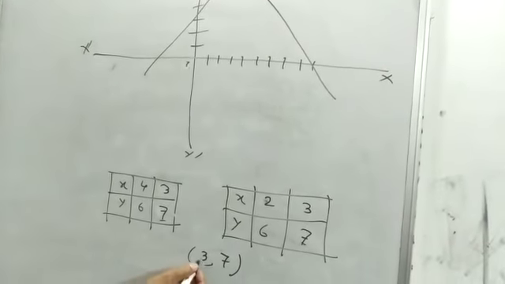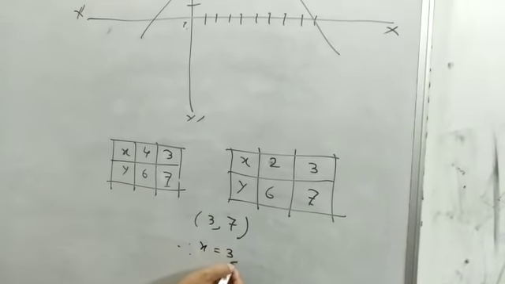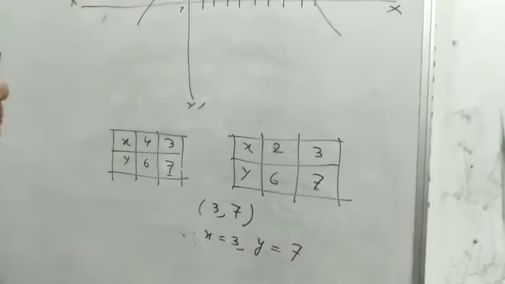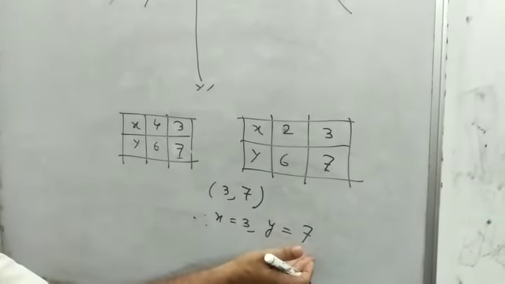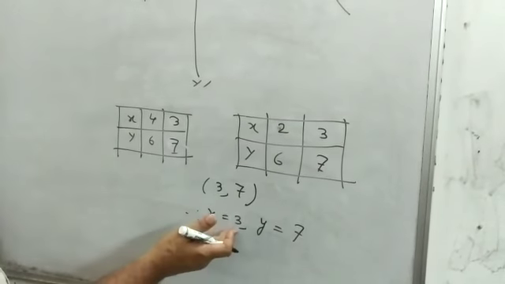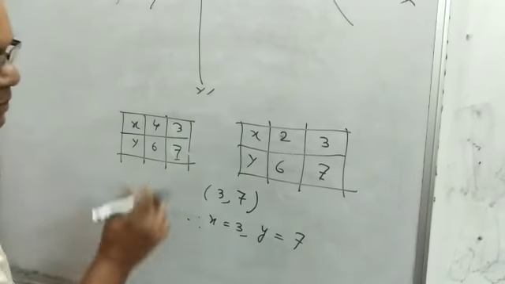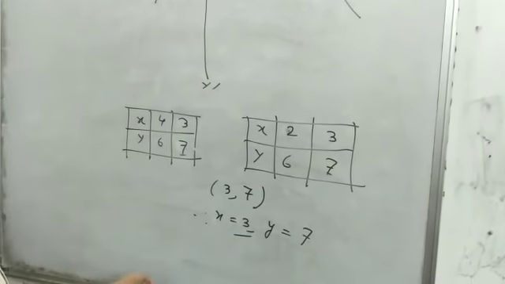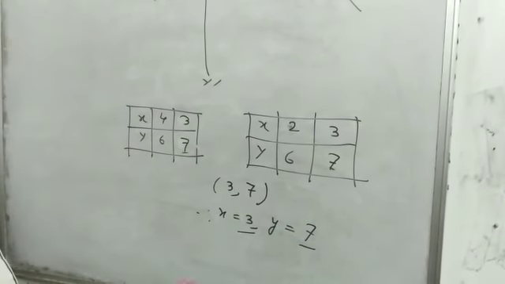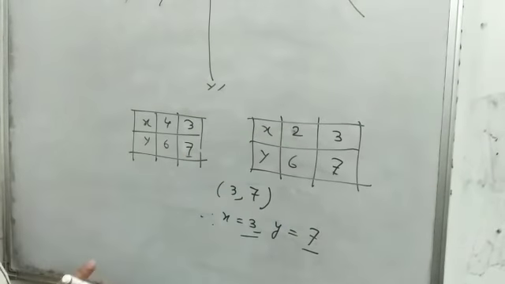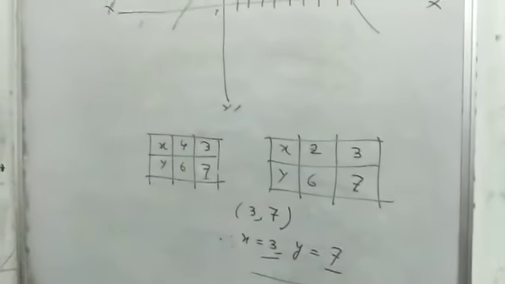Then we know that this is the x coordinate and this is the y coordinate. So we can write that x equals 3 and y equals 7. Means x value is 3 and y is 7. Then x we supposed is the number of boys, and y the number of girls. So we got the number of boys is 3 and the number of girls is 7. And 3 plus 7 is how much? 10. And 7 is greater than 3 by 4. So we can justify the answer. Is that clear? So this is one problem I have shown.